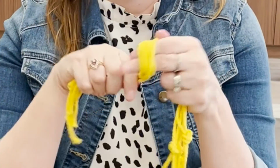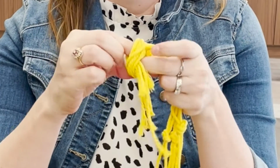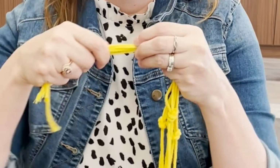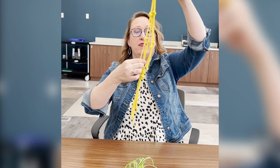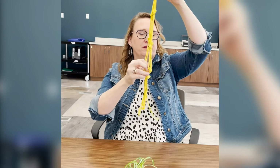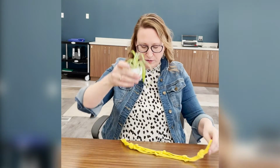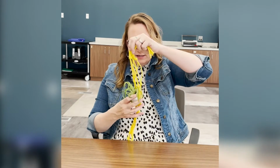Okay, your final step is going to be to tie another knot at the bottom of your macrame plant holder so that you've got something that looks like this. Then this is where the magic happens. We are gonna put this adorable little plant in here. We've created the little nest